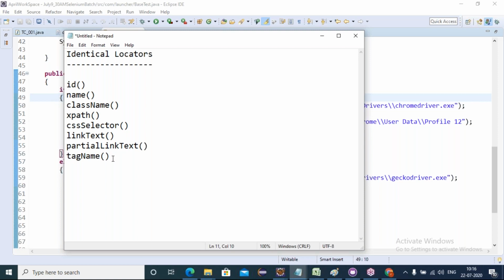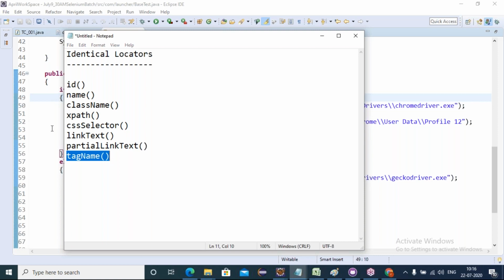In XPath and CSS selectors, we can interact with a single element as well as more than one element. In our application, many links are there on my page, so I can go with the tag name A to identify more than one element.